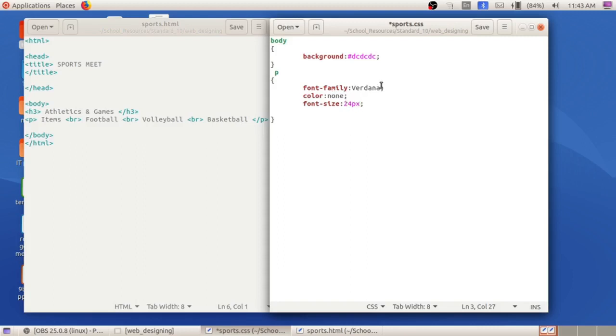Then font family Helvetica. Type the spelling correctly. Give caps lock and small letters in the correct manner. Helvetica. Then font color. One color code is given there. Type that, 4 zeros FF. And one more is there, background color.